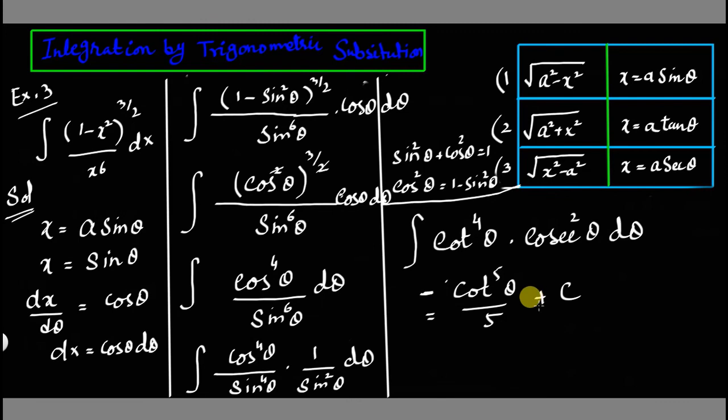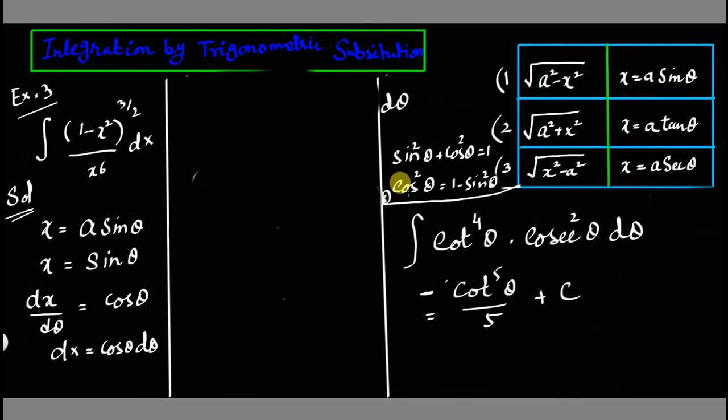So this is our final result in terms of theta, because we have used here the power rule, because if the function has the derivative besides it, then we can use the power rule. So cot 5 theta by 5. Now we have to find the value of cot theta. If you want to find the value of cot theta, we will make a triangle. So we have substituted x is equal to sine theta, and in the denominator there is 1, so if we want to construct a right angle triangle here,